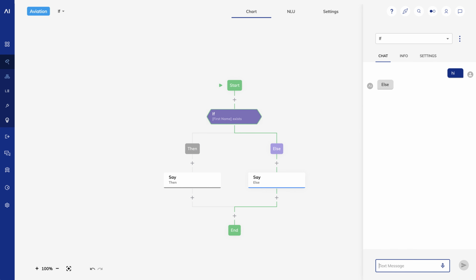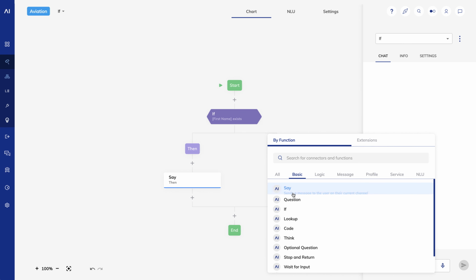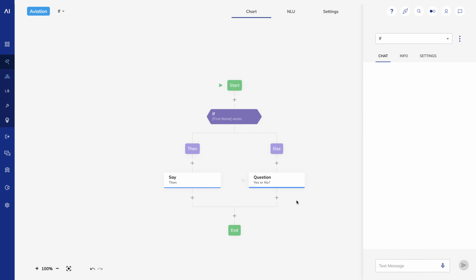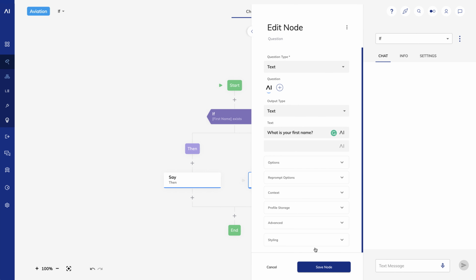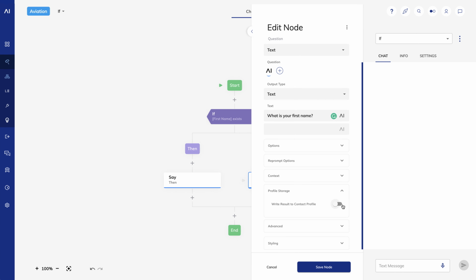Cognigy doesn't know my first name, so why don't we ask? On the else branch, I'll add a question node. I'll make it a text question type and I'll ask, what is your first name? Under profile storage, I'll choose write result to contact profile, and I'll choose first name as my profile key.